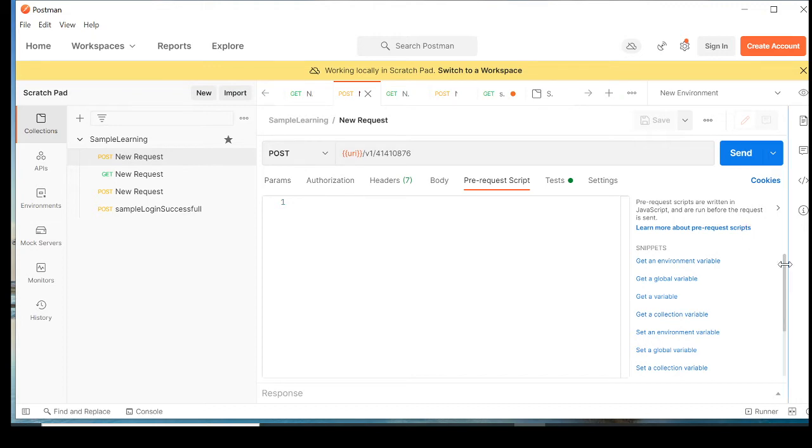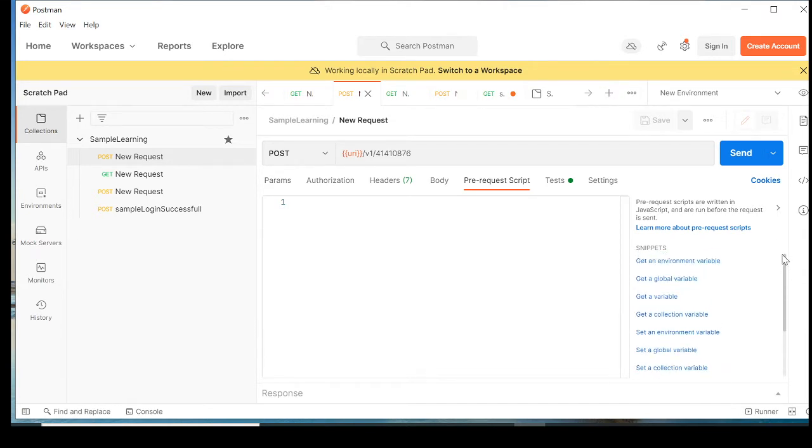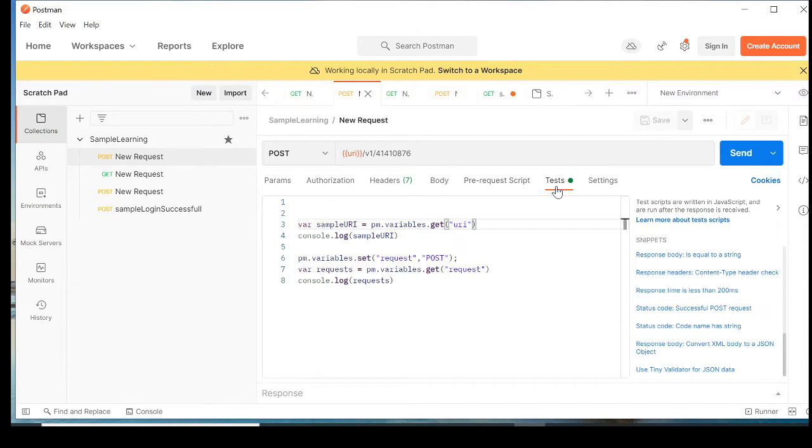Now if you see, there are multiple things, snippets. What does this snippet do? If you are not good in JavaScript and you don't want to write, see, why do we write these tests? What is the logic behind it? You people must be thinking we just send the request and receive the response, right? But you are not asserting anything. You are just visually seeing the 200.